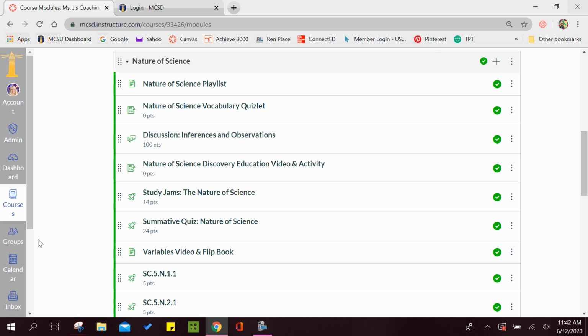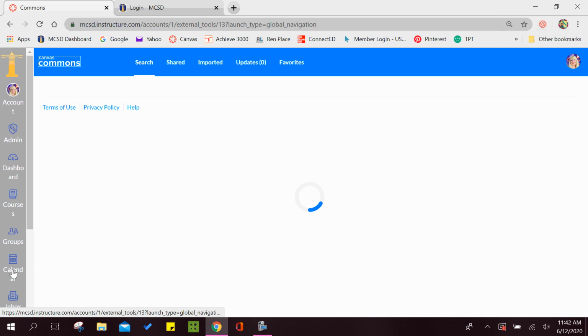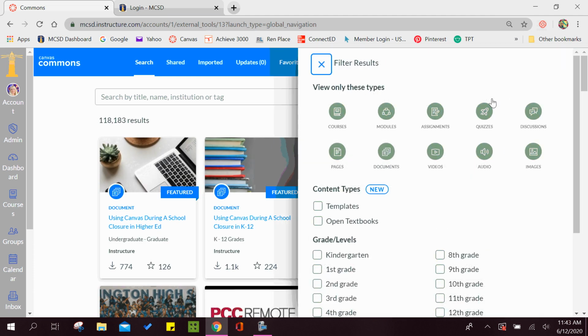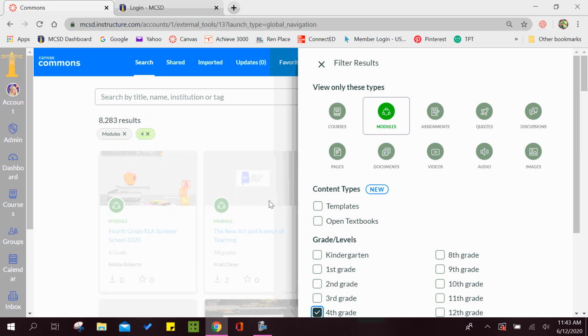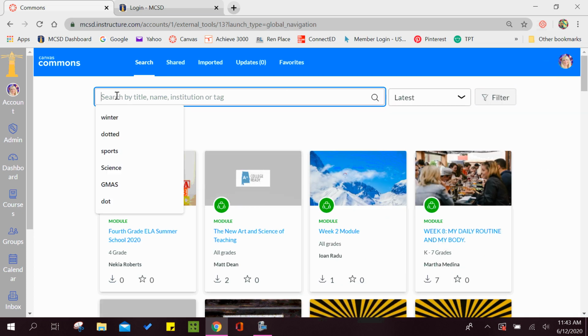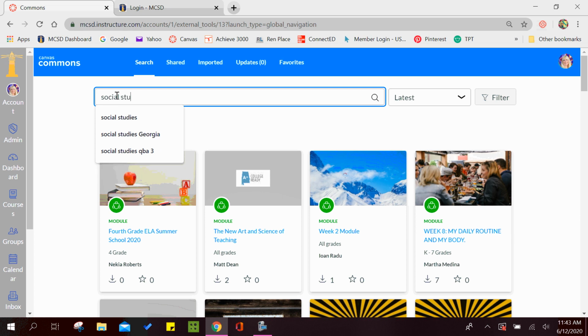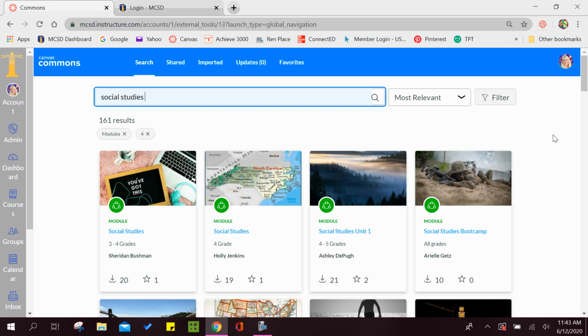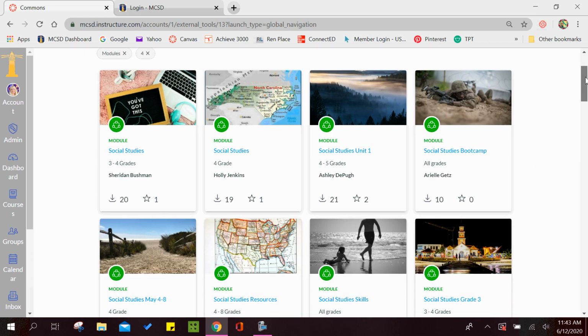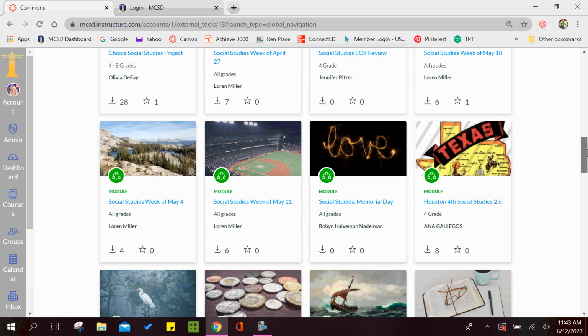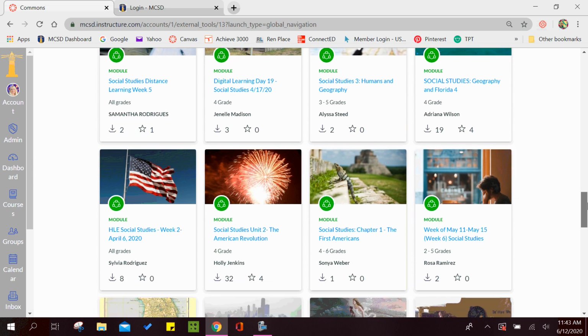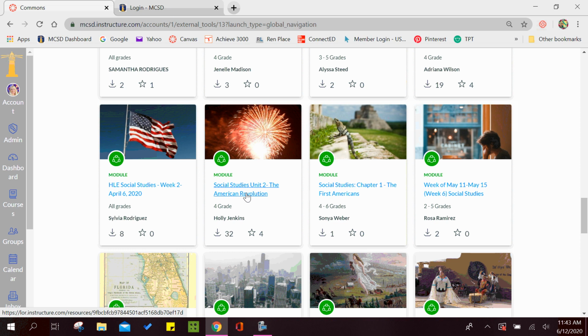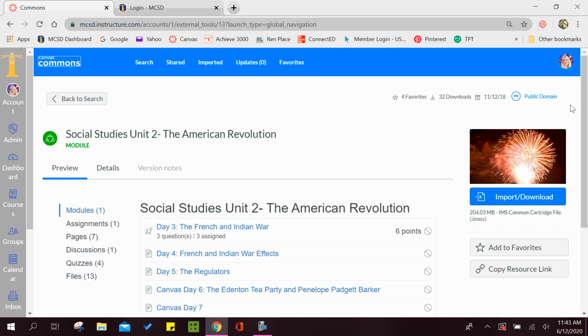Now I'm going to go back into Commons because I had to have 2 modules. I'm going to keep my filter on modules. I'm going to do 4th grade again, but this time I'm going to look for social studies. Remember, it might take you a little time to look around because you want a module that has all of those components. I've already kind of previewed these, and I know that this module, when I click on it,